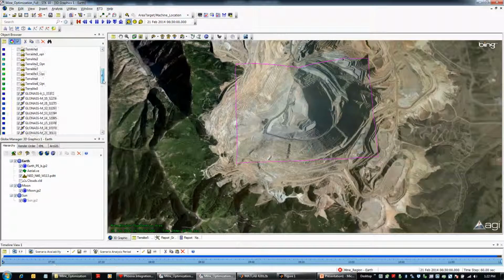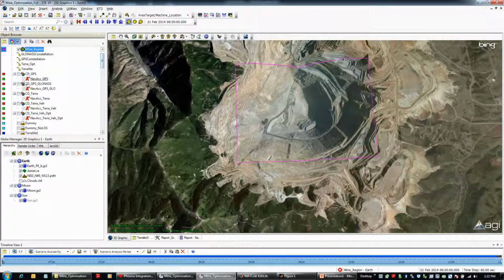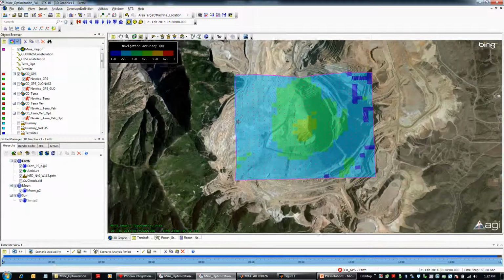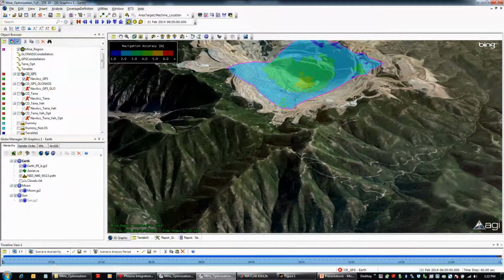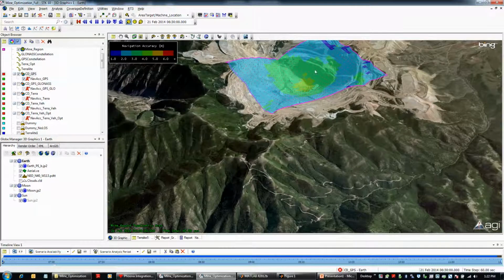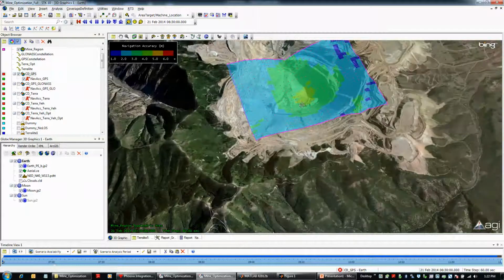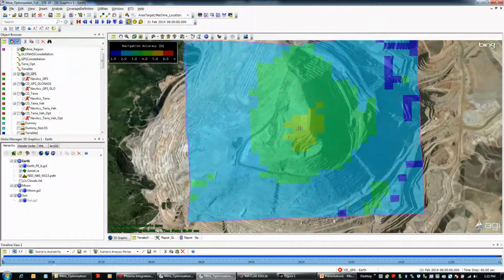the first thing we did is find the navigational accuracy using GPS satellites for the next 24 hours. After doing the calculation, these are the results obtained. You can see that over this entire region there is a navigational accuracy of below 6 meters, and in this region it is around 2 meters accuracy, and towards the center the accuracy reduces to 4 or 5 meters. This is mainly because it's a high terrain in that region, and many times the satellites are blocked by the terrain itself. That is why at the center there is lesser navigational accuracy.